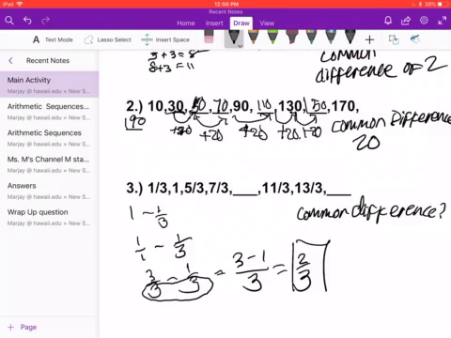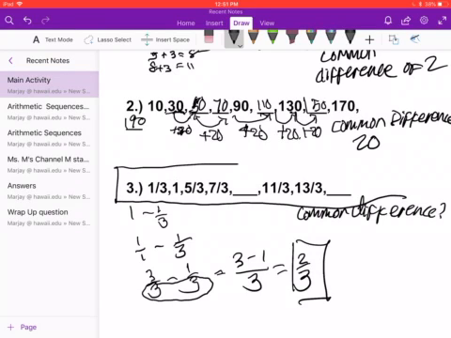This is the common difference. Okay, folks, that's just a heads up for fractions, and we can discuss how to solve fractions later on. So instead of solving this right now, I would like